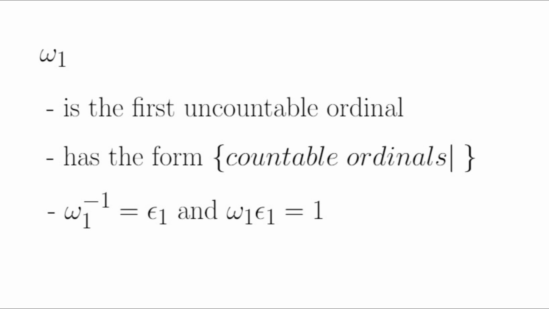So are we done? We have included all countable transfinite ordinal numbers. But what comes next? Well, after the countable numbers, we need to introduce a new order type. Omega 1 is the first uncountable ordinal, and it can be represented by the following form. Omega 1 has a corresponding infinitesimal, and the process just keeps going on from there. In this way, the surreal numbers contain all of Cantor's ordinals, and even inaccessible numbers if there are any. In fact, there are as many surreal numbers as there are elements in the set-theoretic universe. This is why the surreal numbers do not form a set. They are a proper class, and I really hope to discuss this further in a future video.